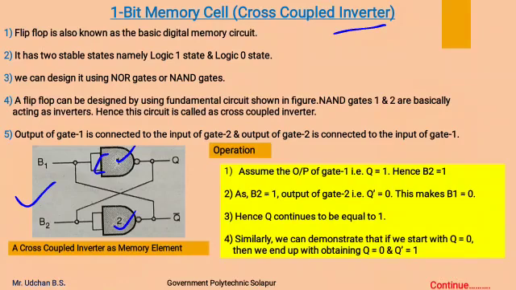We already studied this in universal gates. The output of gate 1 is connected to the input of gate 2 and output of gate 2 is connected to the input of gate 1. Therefore this circuit is also known as a cross-coupled inverter,